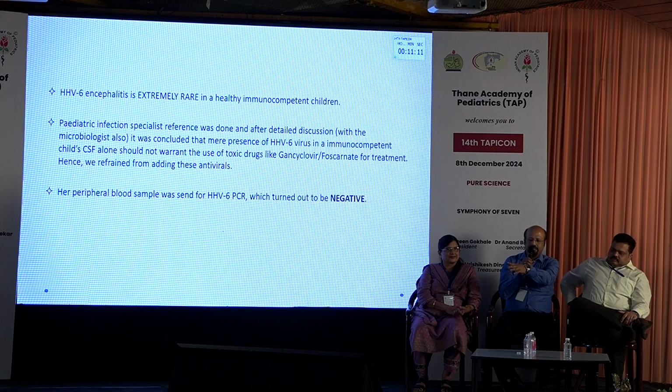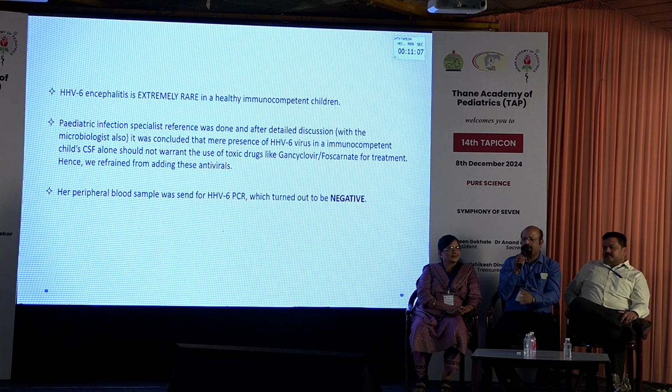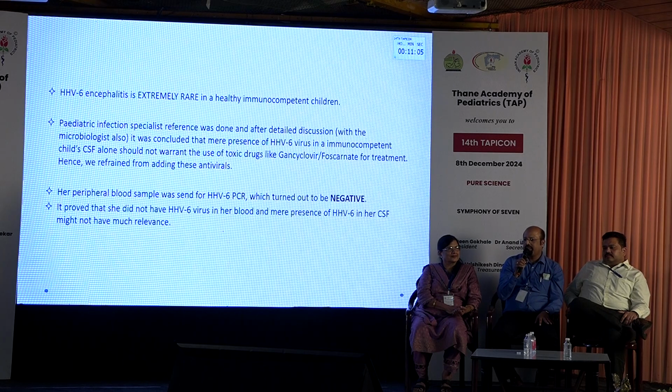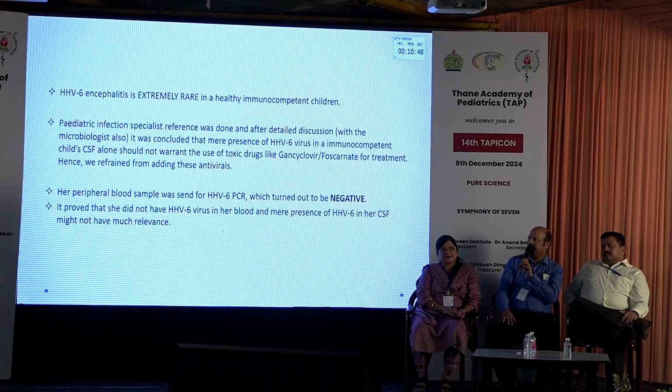Second thing regarding this HHV6, it could be chromosomally integrated HHV6, which is a terminology where, as Dr. Rushabh said, it can be persistently in your blood cells, peripheral cells or other cells. So simultaneously, if you do blood PCR and if it's positive or there is a difference more than 1:5, then only you can treat and consider it as a real HHV6 infection. Otherwise, you just don't have to treat the infection.